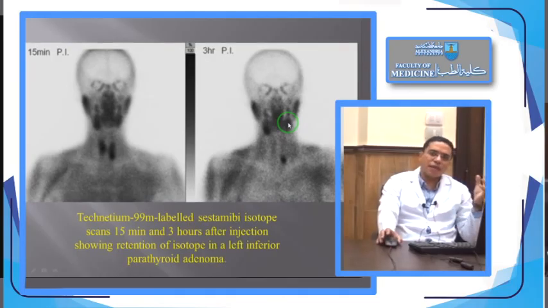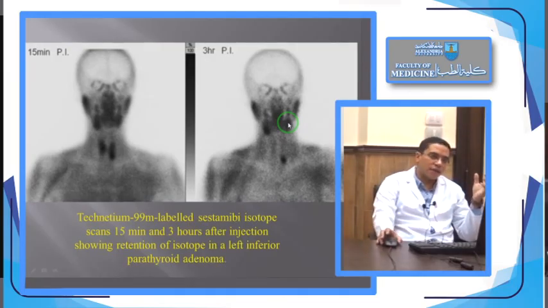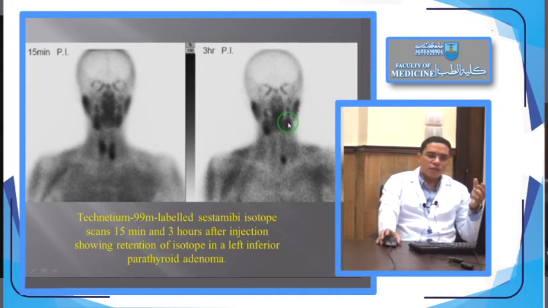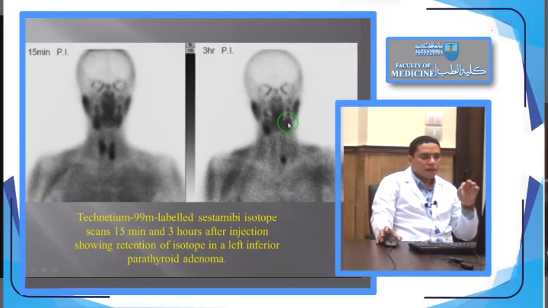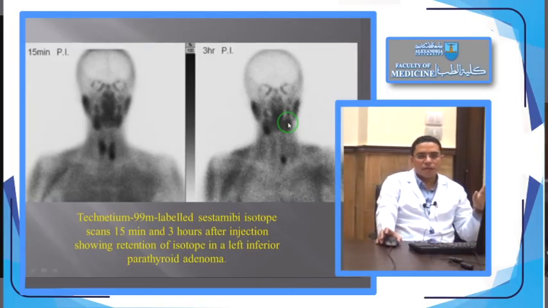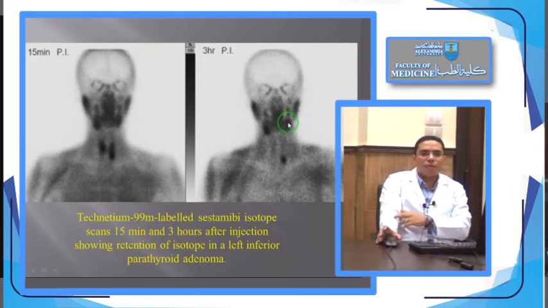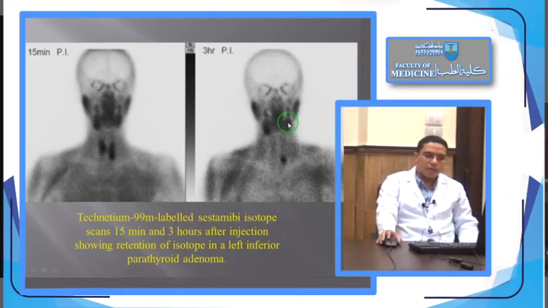While in cases of secondary and tertiary hyperparathyroidism, when there is an indication for surgery, we do something called neck exploration. We explore the 4 parathyroid glands, okay, and we remove 3.5 and keep half a parathyroid gland. This is called subtotal parathyroidectomy, or we do total parathyroidectomy and implantation of half a parathyroid gland in the brachioradialis muscle.